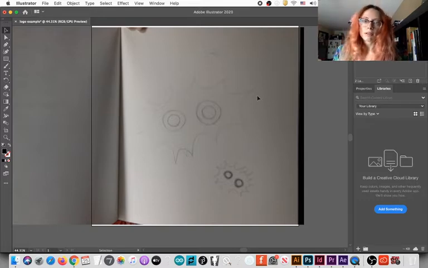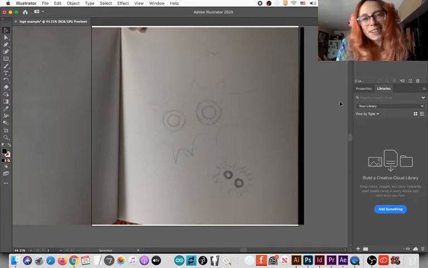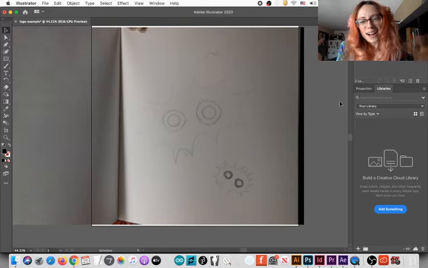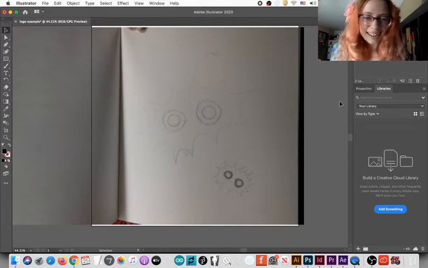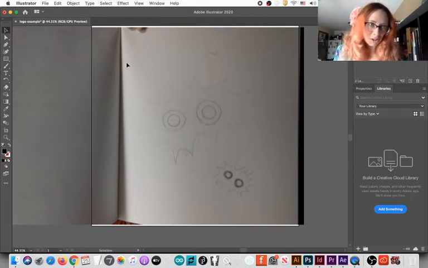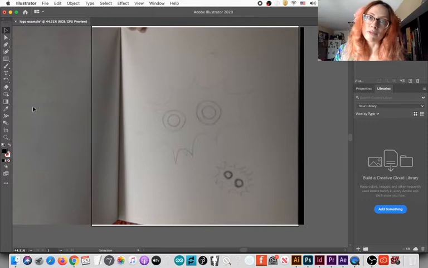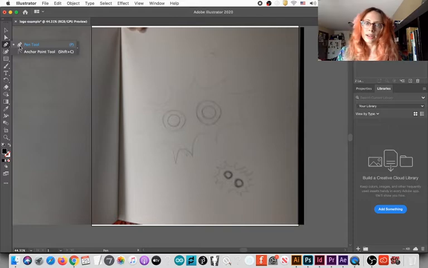So I see a logo in here. Not the best one. How do I extract a logo from this ugly pencil sketch? So I trace it. How do you trace? You trace with the pen tool. It's a very useful tool. You'll see it in Illustrator, in Photoshop, and in all the editing software we'll see later on.